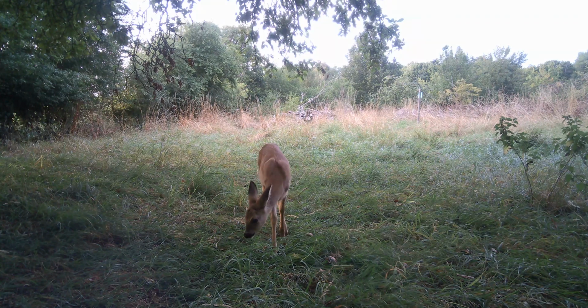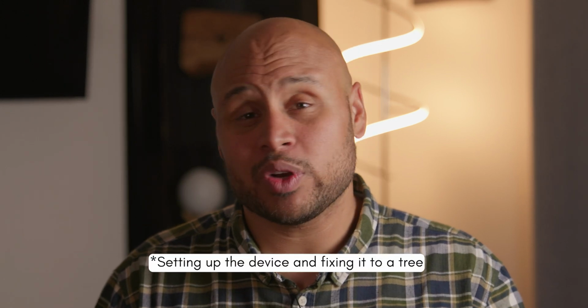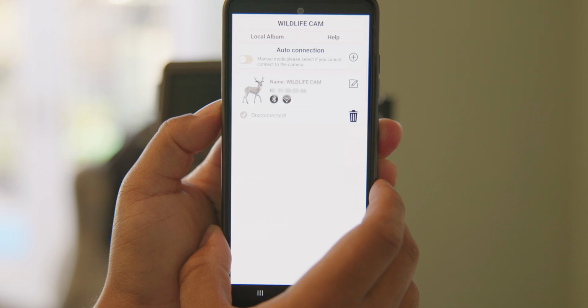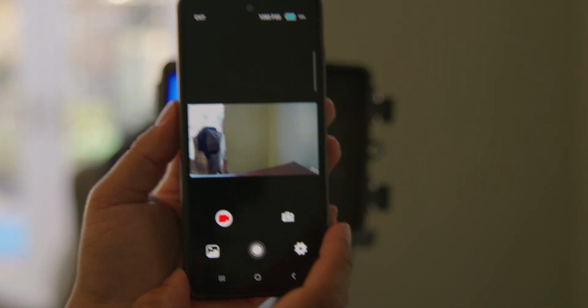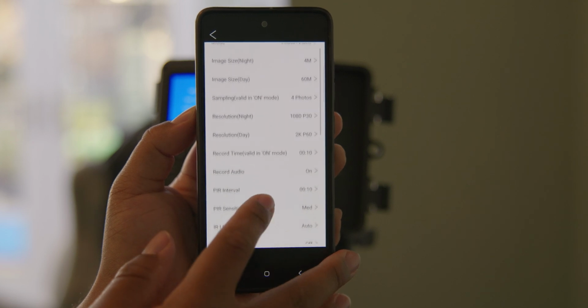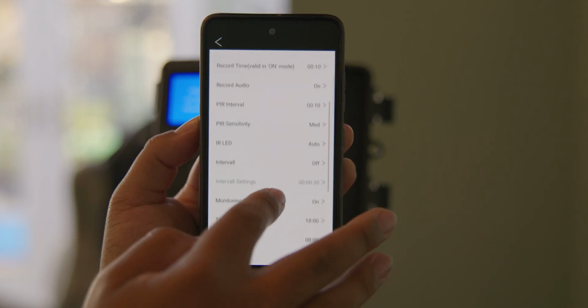And finally, you can also record sound, and it should be noted that all of this was set up within 20 to 30 minutes. It really was straightforward. It also has Wi-Fi as well, which I think is really cool. However, that Wi-Fi doesn't mean you can log into the camera remotely, which would be super awesome. It means you can use an app which you can download from the Play Store, and then use the camera if you're in sort of close proximity to it. The app is also very easy to use as well. It seemed to take a little time to get going when I first launched it,